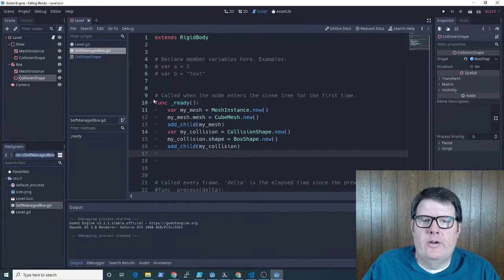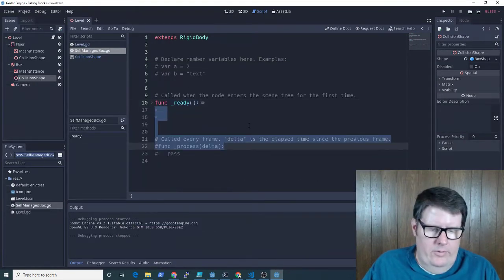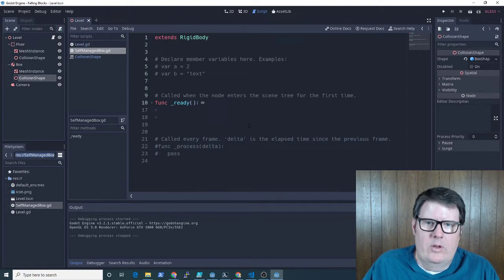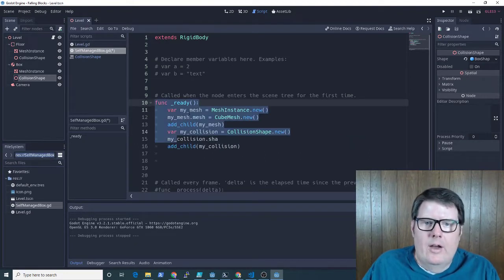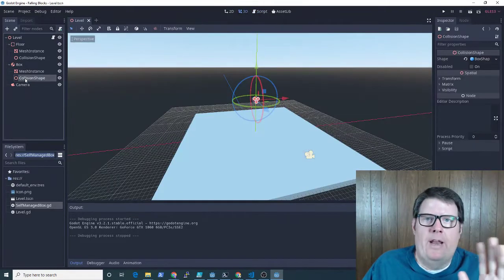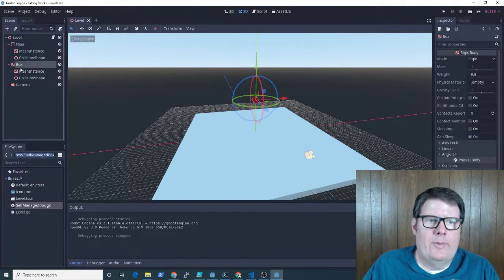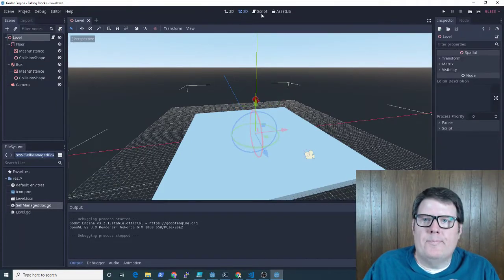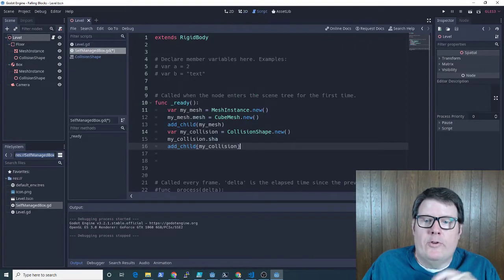So this little bit of code, whoa, what'd I do? Undo. Oh, I collapsed it. Okay. This bit of code right here duplicated manually adding this stuff on this little box here. But what's great about it now is